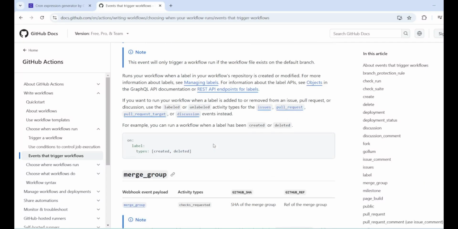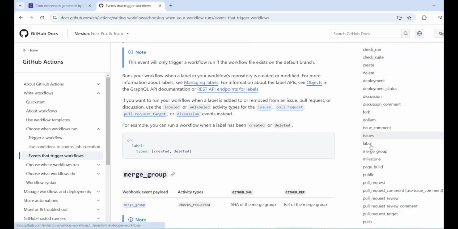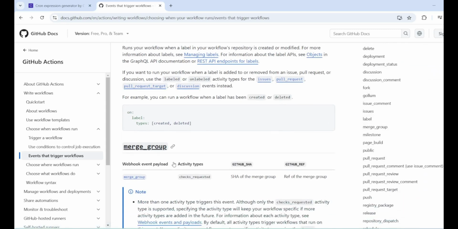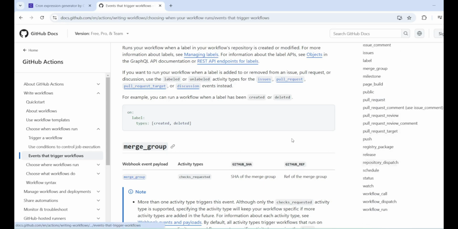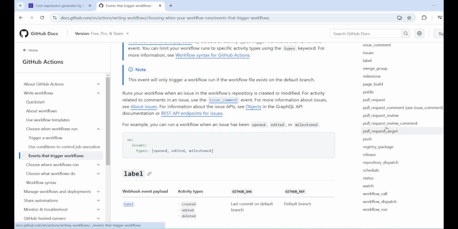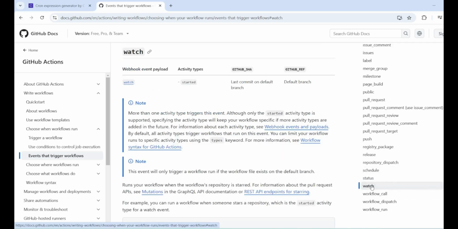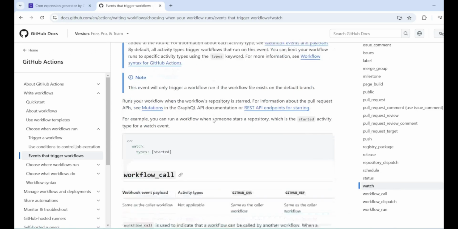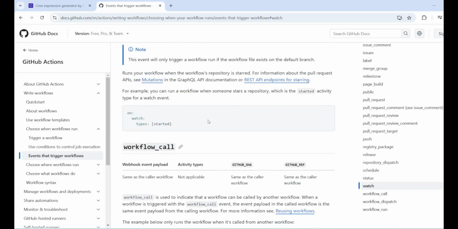Again, you don't have to go and memorize each and everything. It's not really necessary. My suggestion is just look into it so that, as a DevOps engineer, you will be aware, okay, these are the events which are already present, just in case anything comes up that you will have to use, for example, a watch event or something like that. Then you can simply come to this specific link and use it within your pipeline,